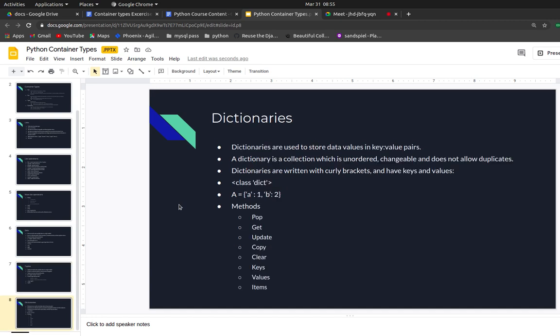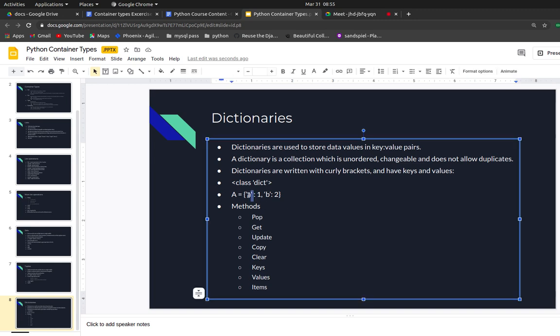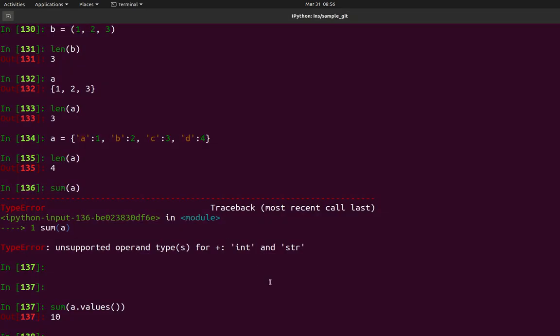Okay, and we have dictionaries, which are key-value pairs. So basically we are giving our own custom indexing. A dictionary is also created with curly braces. The difference between sets and dictionaries is that by default, when you give curly braces, Python takes it as a dictionary. If you want to define a set, you have to use the set function, right? And dictionaries also have a lot of methods, which are very helpful. You can use these functions to manipulate things in the dictionary too, right?